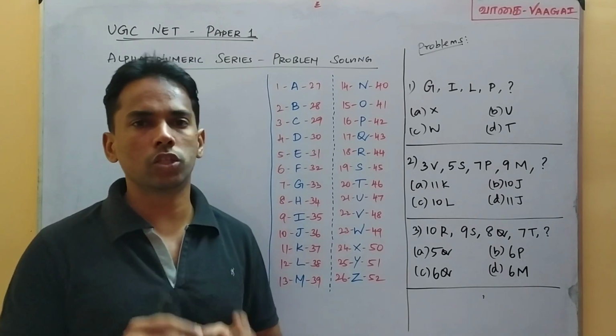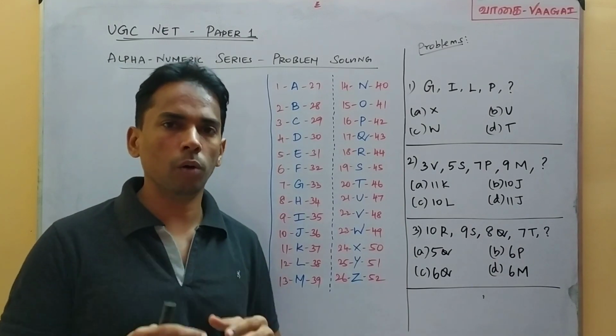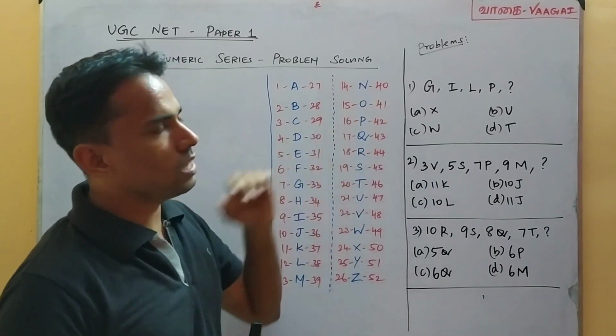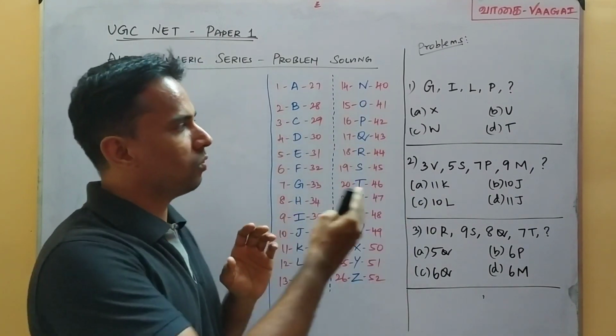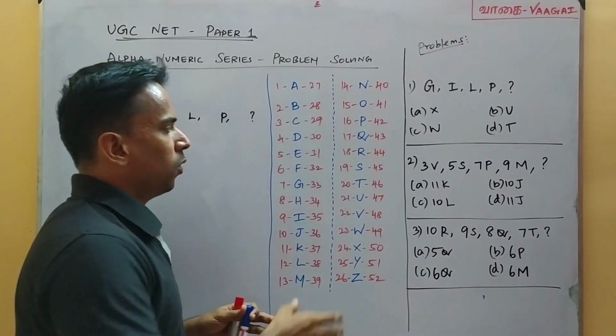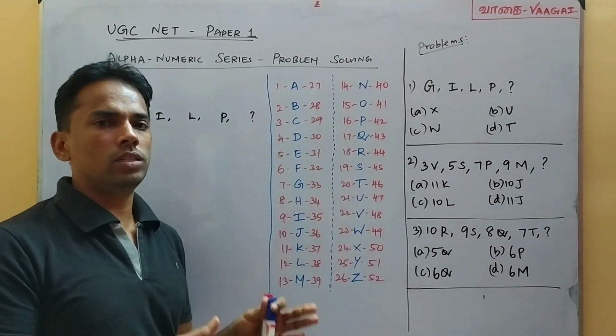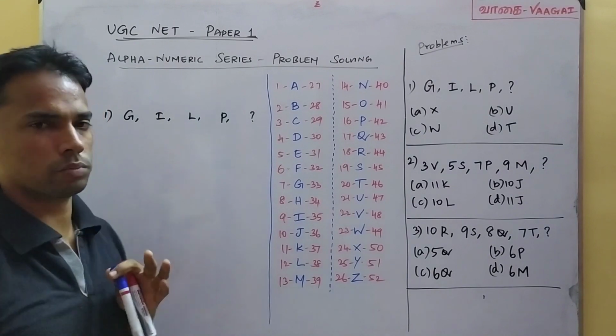And I had assured that we will be working problems from alphanumeric series. So here we have 3 easy questions. Let's get an approach to how to work these problems. For convenience, I have made the list of alphabets and letters here beforehand so that we can easily use them when we do the problems.